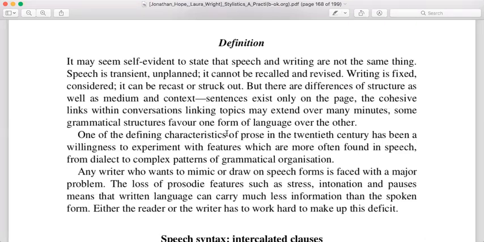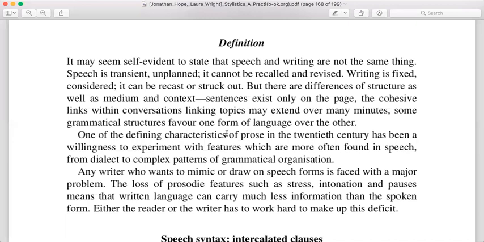And one more thing in a speech is, because a speech has intonation patterns, so there is a difference of punctuation marks when someone is shown to be speaking and when someone is being described as in writing, or some scenes are being described. So there's a difference. One of the defining characteristics of prose in the 20th century has been a willingness to